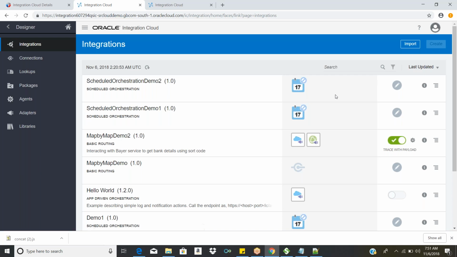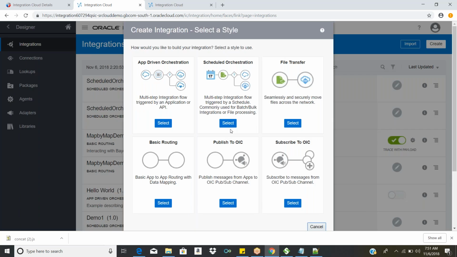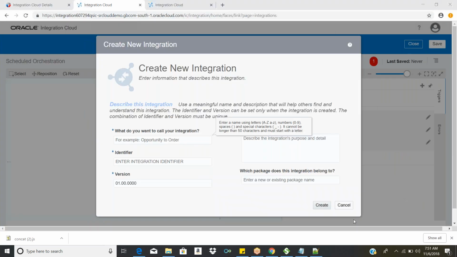So does it handle any unhandled exceptions? No, it will not handle any unhandled exceptions. If you are not defining anything, it will not handle anything. You have to add it manually.